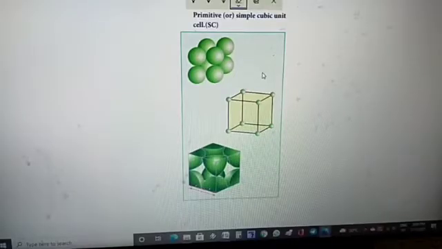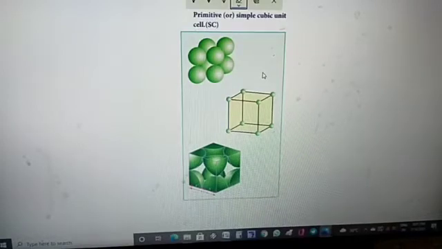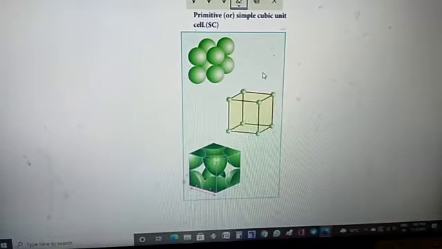So we know that any crystal lattice is made up of a very large number of unit cells, and every lattice point is occupied by one constituent particle, which may be an atom, molecule or ion. Now to calculate the number of constituent particles per unit cell, to simplify it, I am taking the constituent particle as an atom. So first let us calculate the number of atoms in a primitive cubic